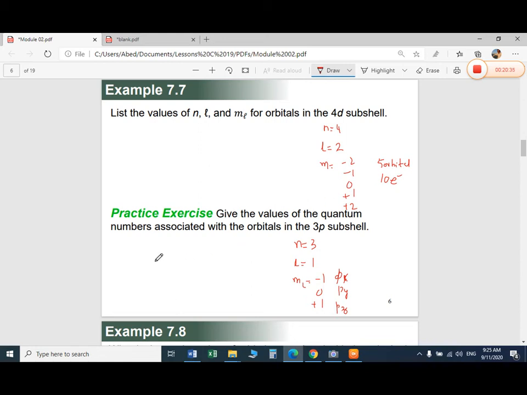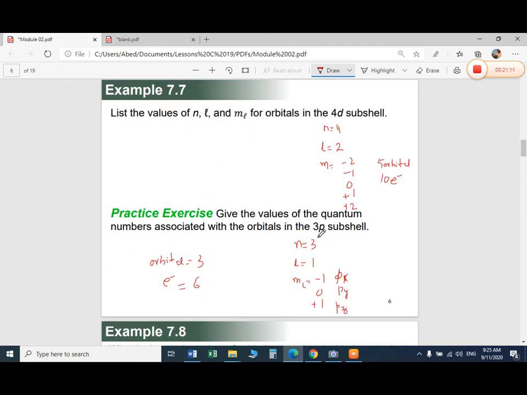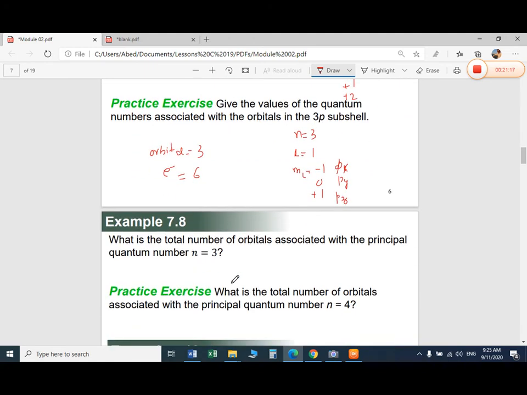But here there is some more information about the orbitals. How many orbitals are here? In this case these are the 3 orbitals. So let me write for you: orbitals is equal to 3, and electrons will be equal to 6. Let me show you again this 3 orbitals and 6 electrons. It is here. So 3 orbitals and 6 electrons, this is p is equal to 1. We solved this because the question is 3p, so L is equal to 1, 3 orbitals and 6 electrons. So this answer is correct.